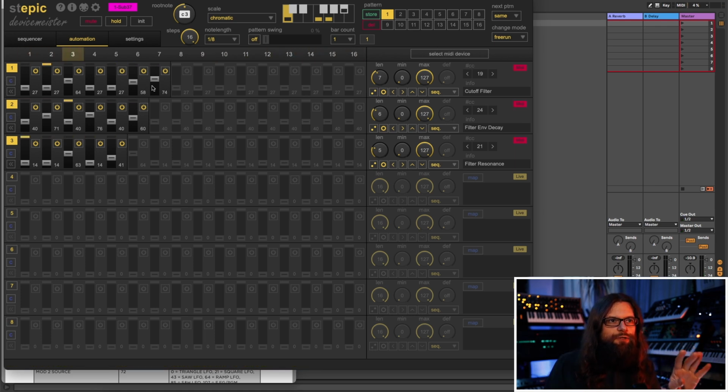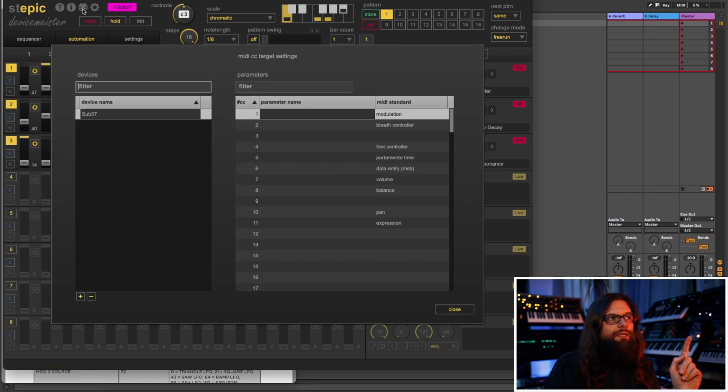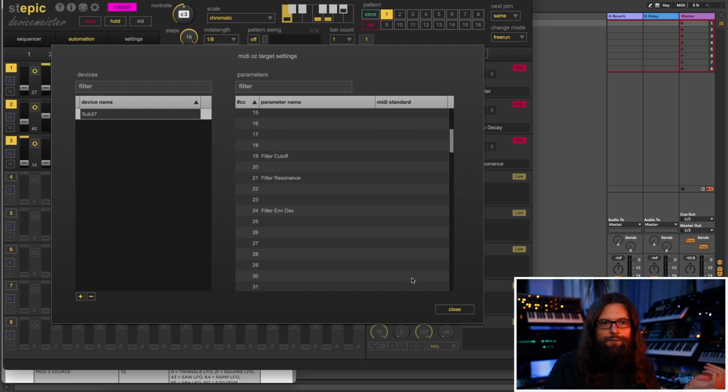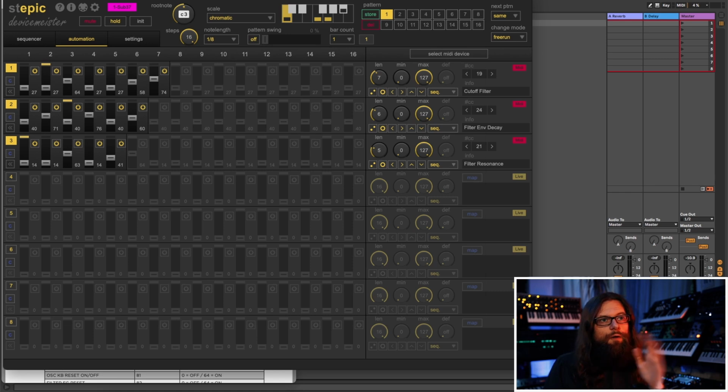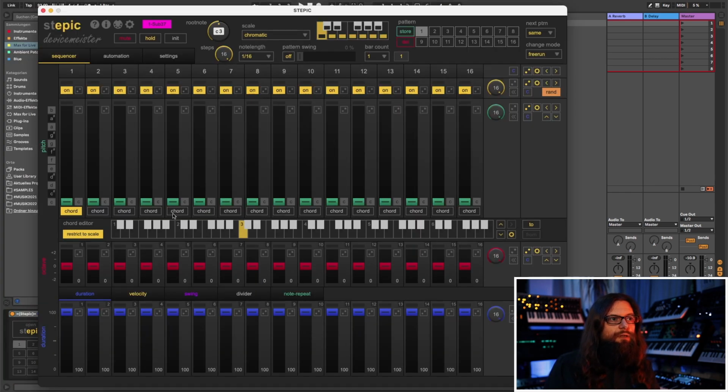There's one very cool feature about Stepic that I like a lot. Once you set all this together with the Midi CCs, you can save this as a device. So you could go into the Midi page here and create a new device. In this case, I already did this with the Sub 37. And then you can look for the Midi CC and you can enter the parameter that you would like to have here. So how this works, let me quickly delete everything that I just did and open a completely blank